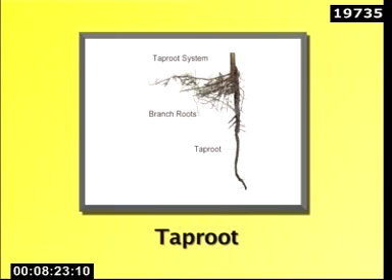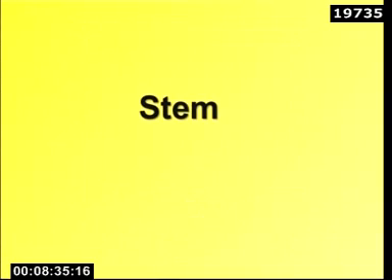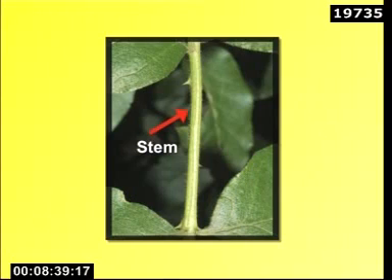Root in family Rutaceae is found to be a branched taproot, that is, the root that develops directly from the radicle. The roots in the members of family Rutaceae are often infected with a fungus. The stem is erect, woody, branched and usually aromatic, often with spines or thorns, as we can see in